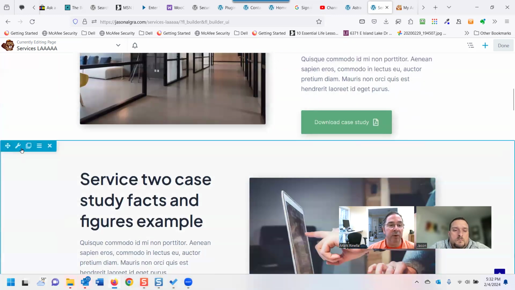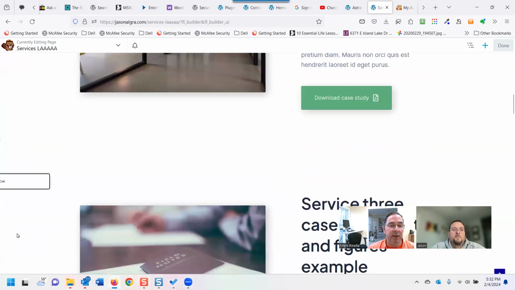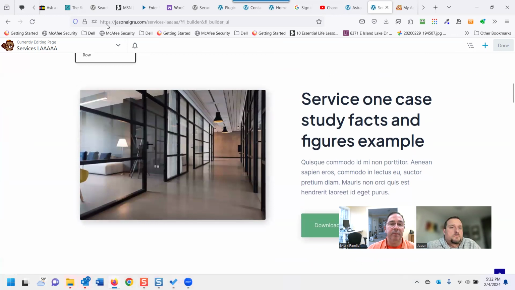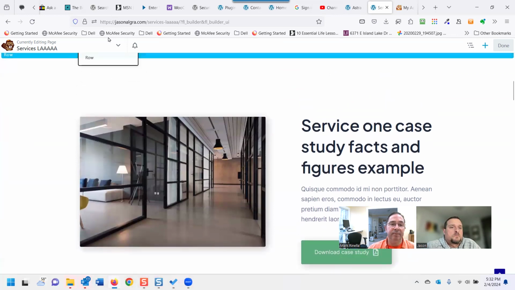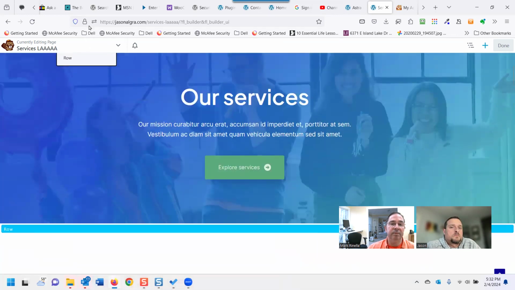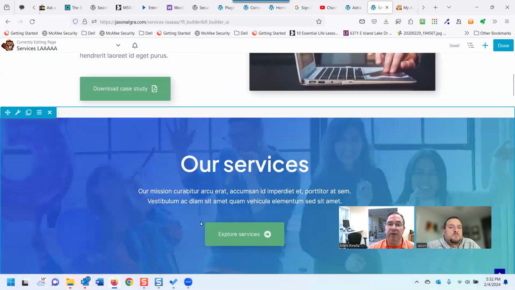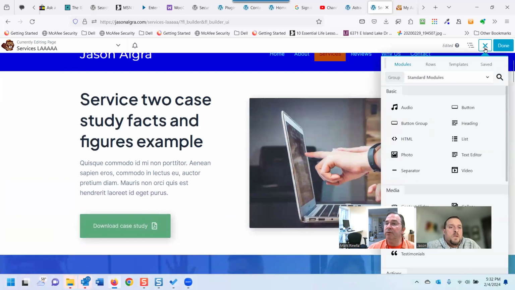Or if you want to move it around, you can drag it here, and then let's move it to the top. Wow, come on. Still moving, still moving. And drop it right here. So now you can see I moved that around. And if I want to add a different row,